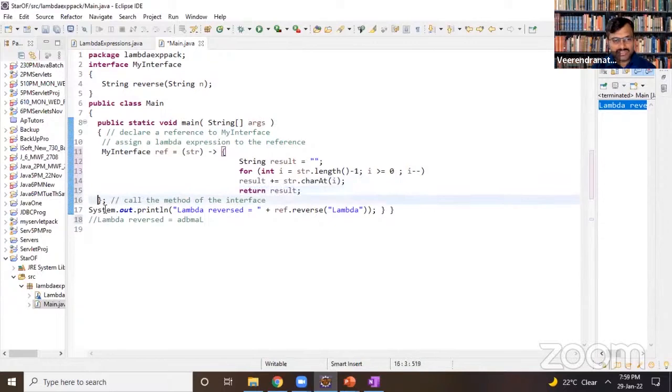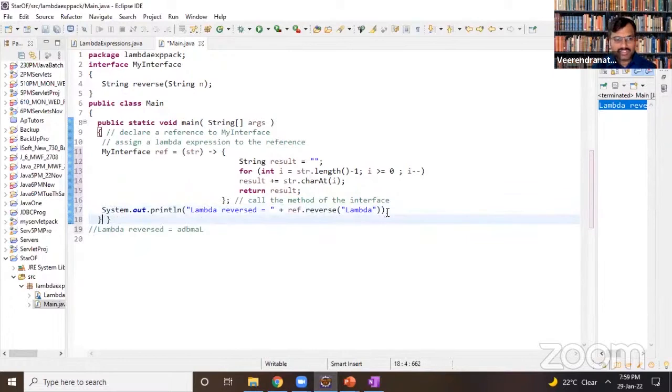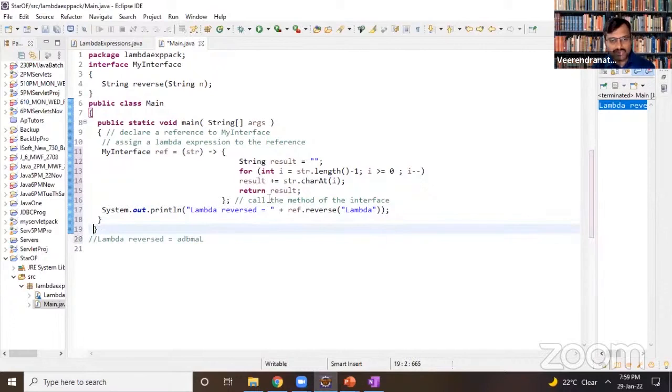This is multiple statements. You can have multiple statements, and finally you are returning the result. This is the way that you can look at this. So this is how we are passing it. Okay, this is the other program that I wanted to discuss.